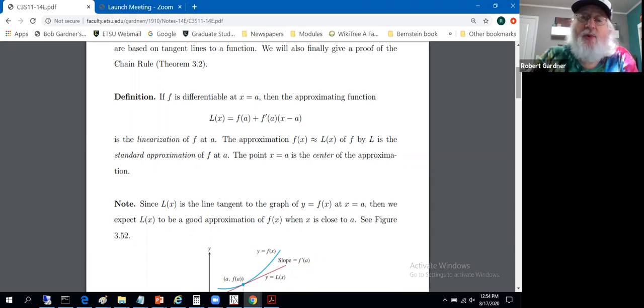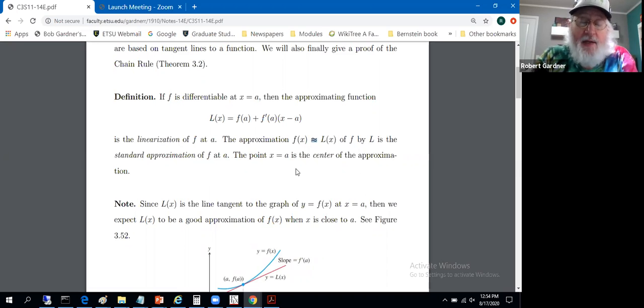If f is differentiable at x equals a, then the approximating function L of x equals f of a plus f prime of a times x minus a is the linearization of f at a. The approximation, f of x is approximately equal to L of x, is called a standard approximation of f at a, and the point a is called the center of the approximation. All L of x is